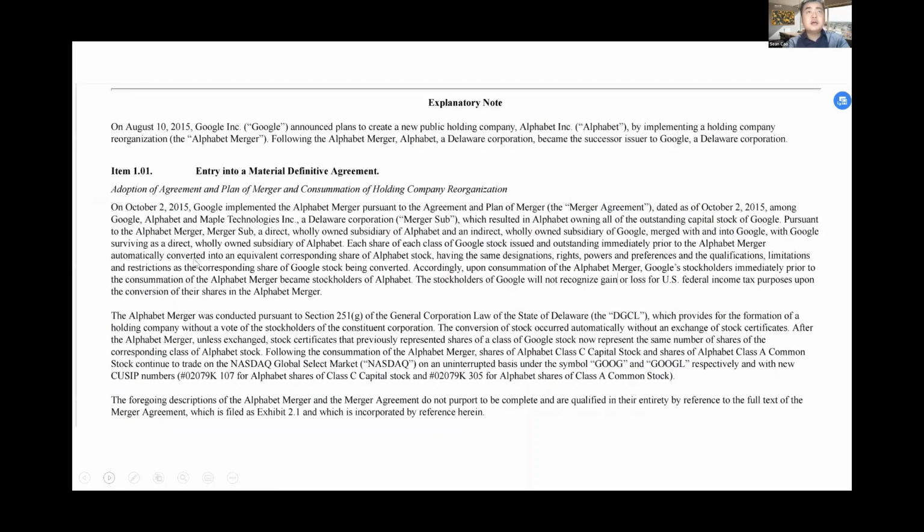So this is another item 1.01 example. Basically, Google announced some deals with other companies. It's also like a material agreement. It's not a contract, it's an agreement. It's a material agreement between Google and some other companies. So this is about 1.01. Basically, it's about either a material contract or material agreement between the company and some other parties. So you can use that to get a lot of information.